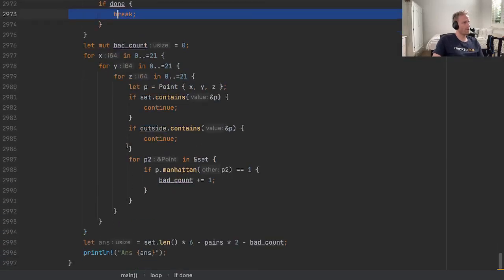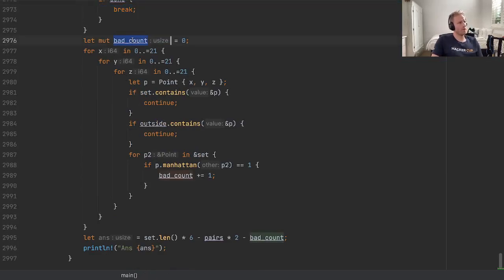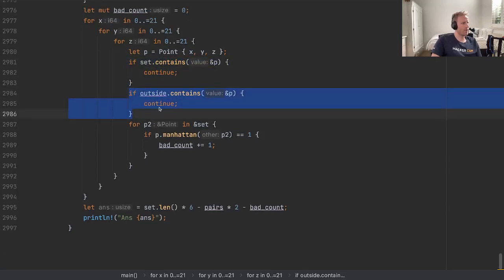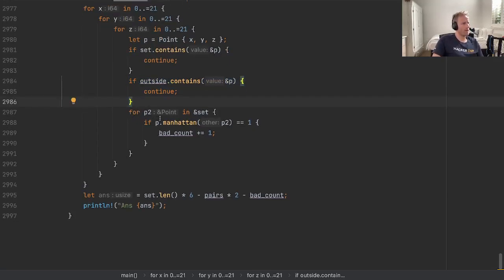And then what did I do? I just wanted to count how many bad pairs there were. So looking at all possible points within the air pockets. So just brute forcing all the possible points, and if it's part of the lava drop, we continue. If it's part of the outside, we continue. Otherwise, we know we're on the inside, so we're in one of the air bubbles. And then I just go through all the interior points and just check the distance as one. And if it is, then